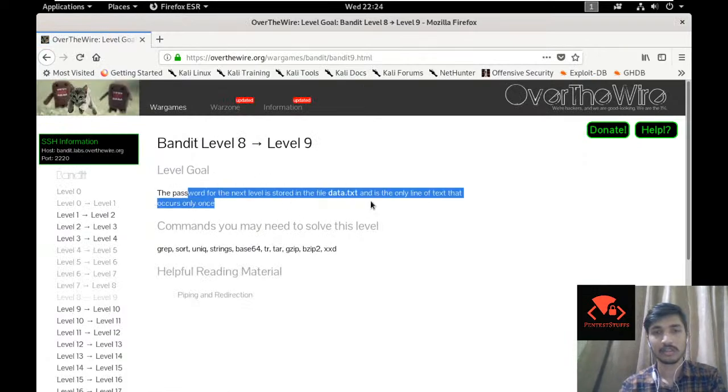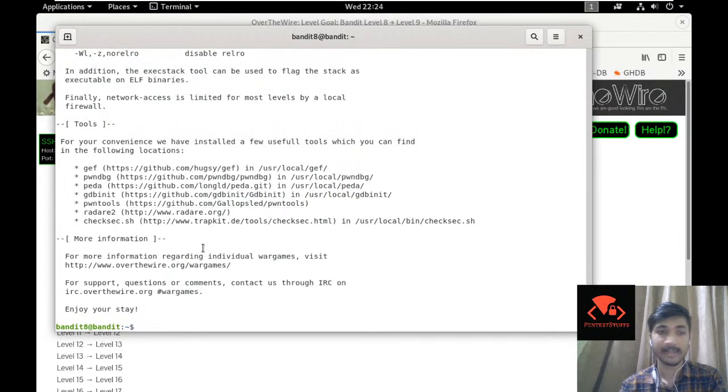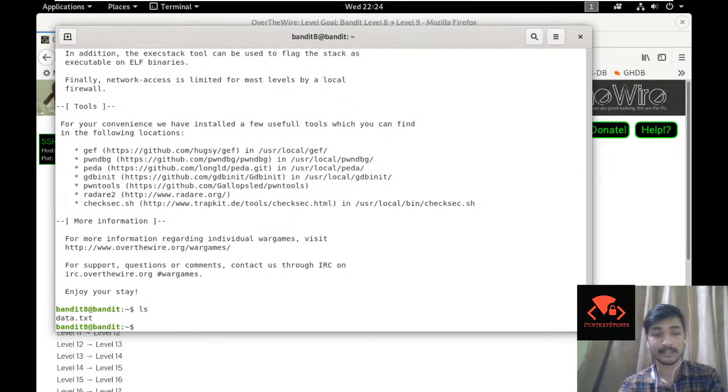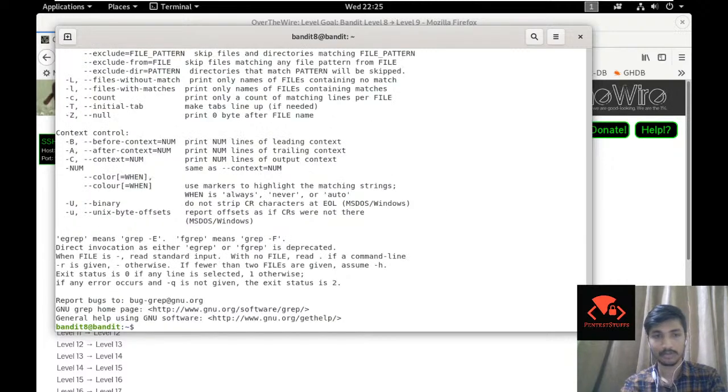So again it is stored in the data.txt, and it is the only line of text that occurs only once. So great guys, let's just ls and then cat data.txt, and then it is grep. I have to see what command was for this. grep --help, and then